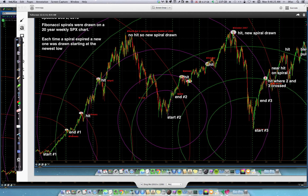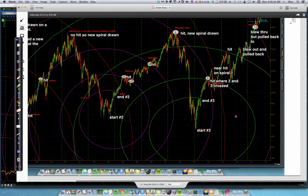So since we're on a downward trajectory here, we decided to draw a new set of spirals here. So we draw a new one here, which starts in early 2009 and has its 100% here. Now the intersection of this third spiral hits the second spiral here, and price came up, hit it, bounced back,